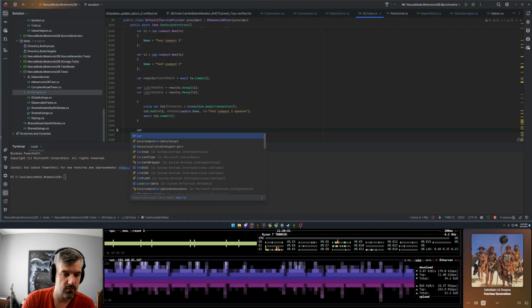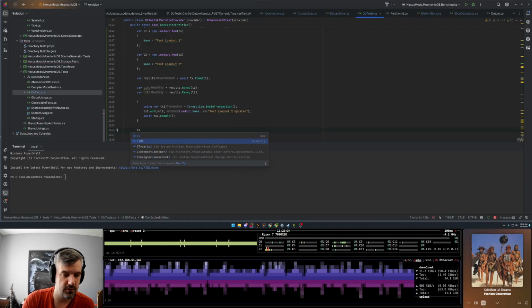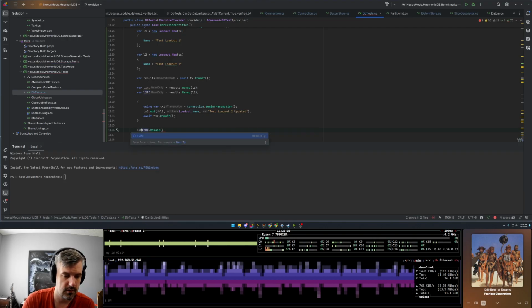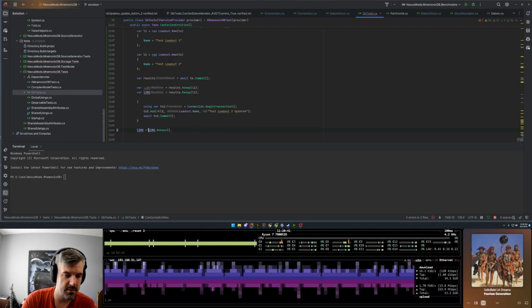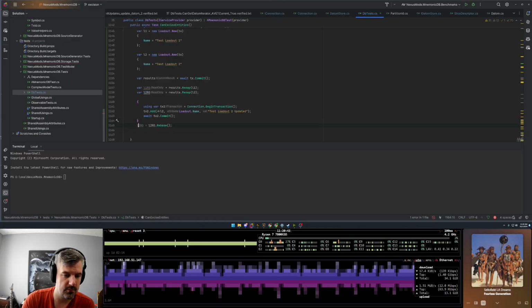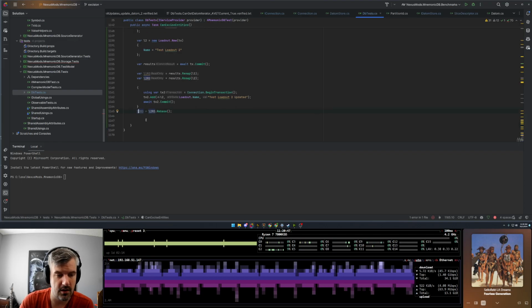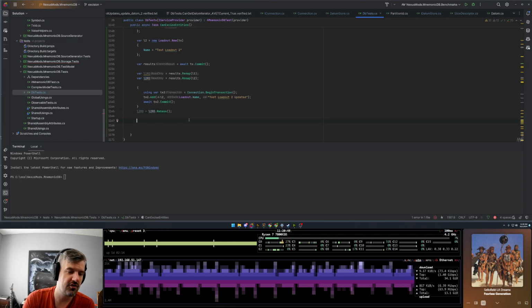And then L2 read only dot rebase. The rebase just says, hey, we've done something, we want to reload that entity. So now this will have the updated value, and we can check for that.